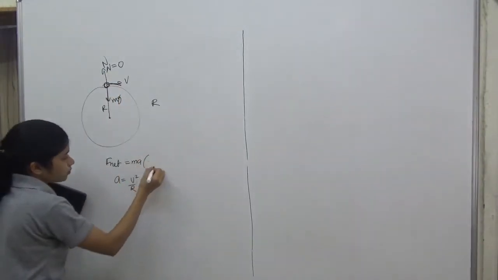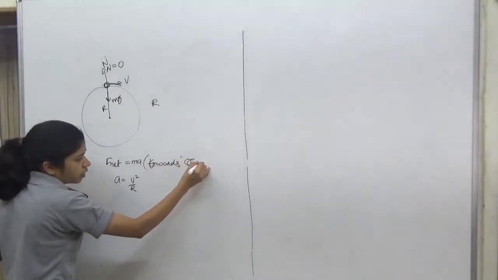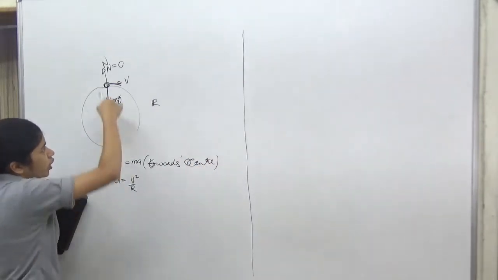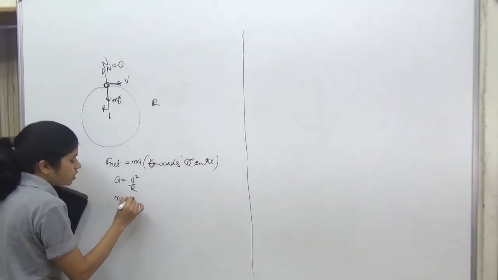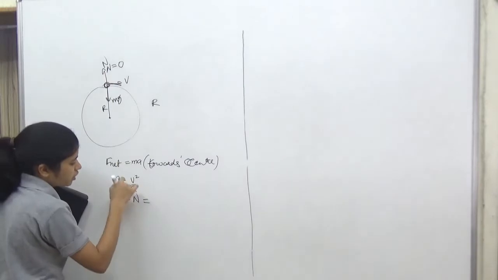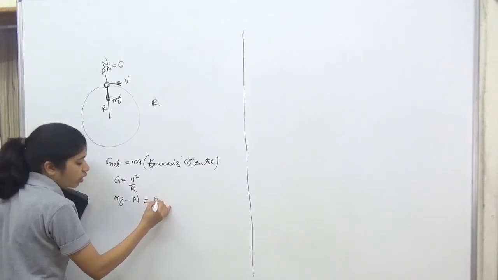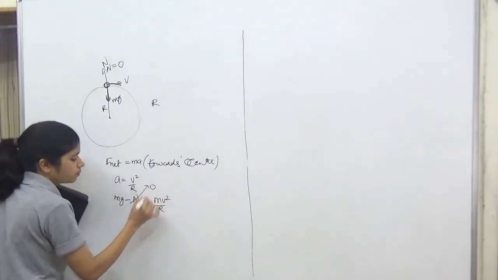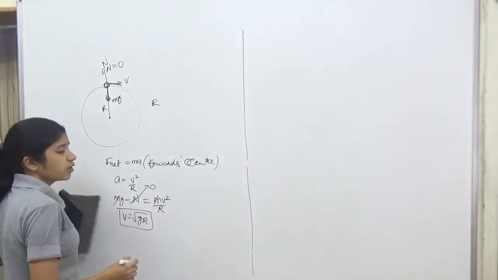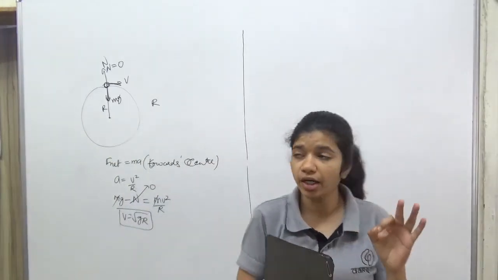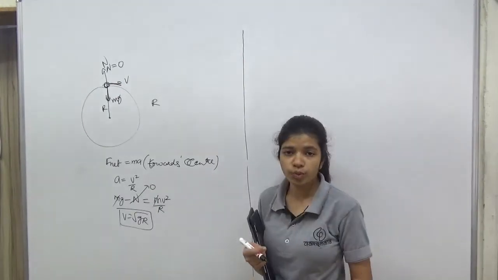So towards center, in the direction of center, I am doing F net is equal to ma. So in this direction what all forces I have? mg. Is there any other force? Normal was there, so mg minus N is equal to acceleration in this direction, v square by r. Because it is moving in a circle, its acceleration will be in this direction, which is equal to v square by r. So m v square by r. N is 0. So now I can write v is equal to root g r. So if this body is about to leave the sphere immediately after the velocity is provided, its minimum velocity should be root gr.